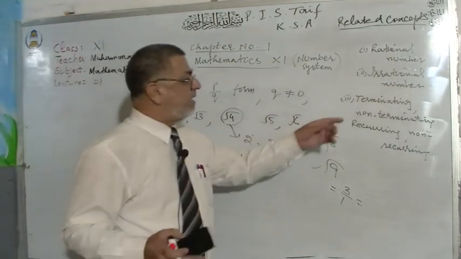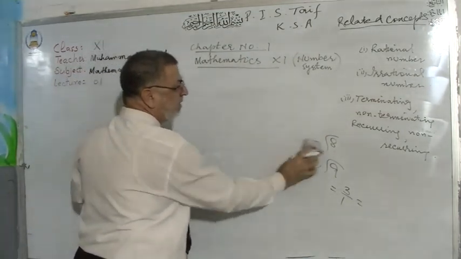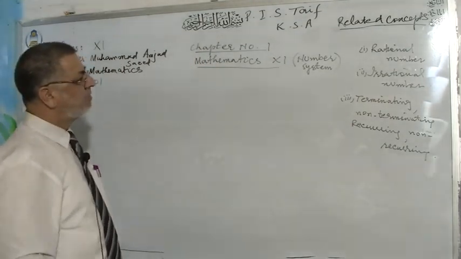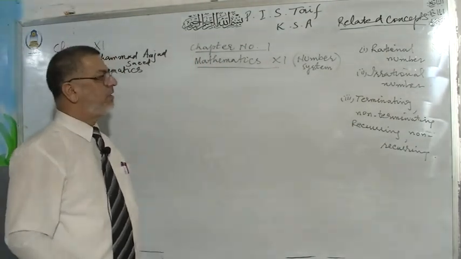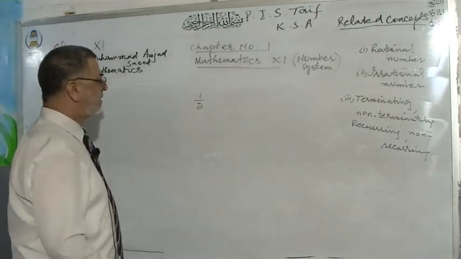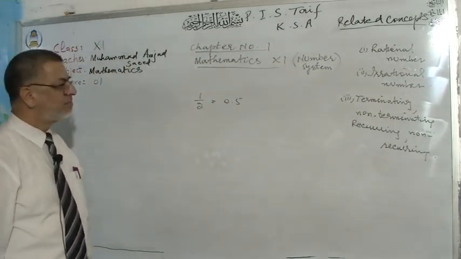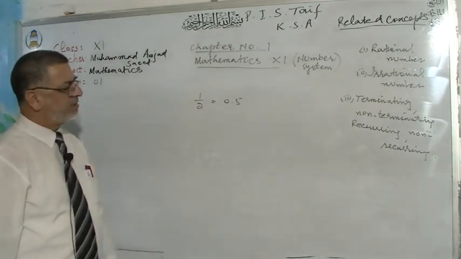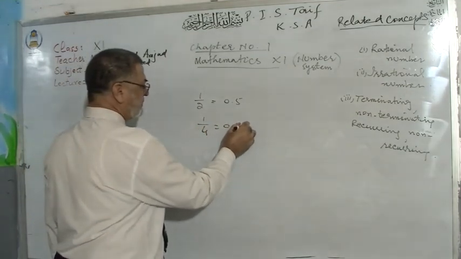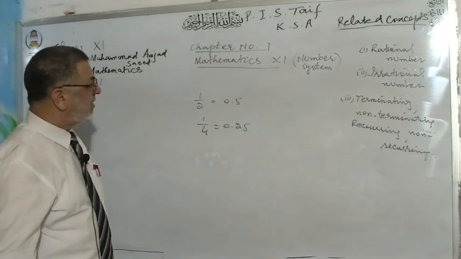After that, terminating and non-terminating. Terminating means the fraction which has an end. For example, this is 1 over 2. When you divide it, it will be 0.5. This is terminating. 1 over 4 is 0.25. This is terminating. But on the other hand,